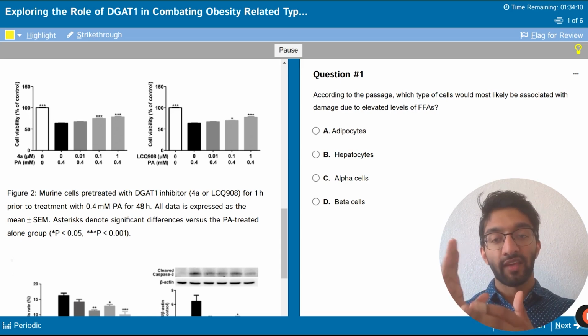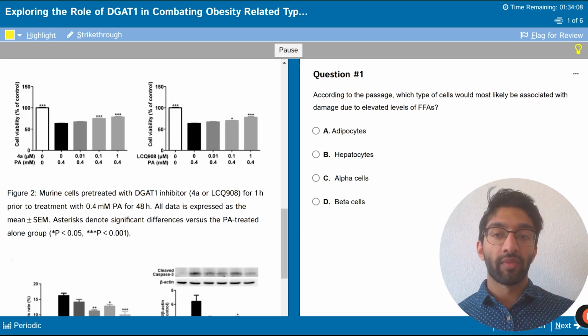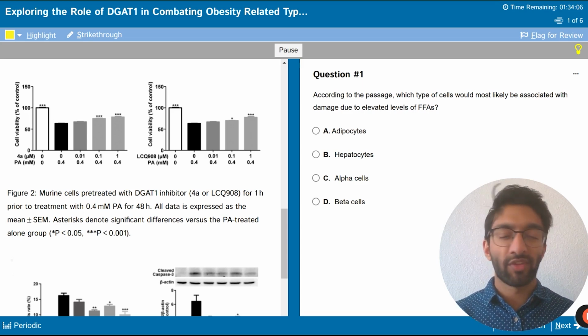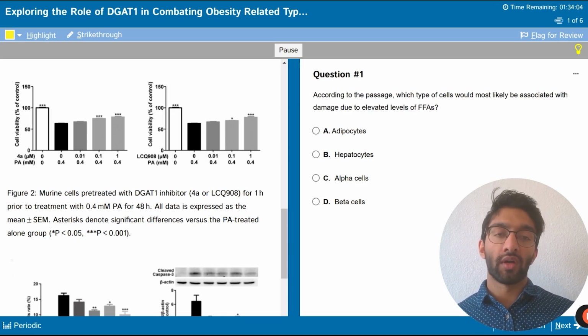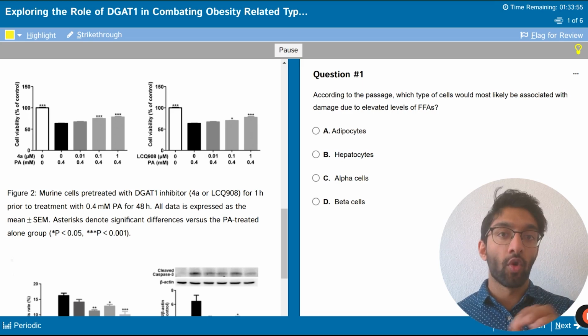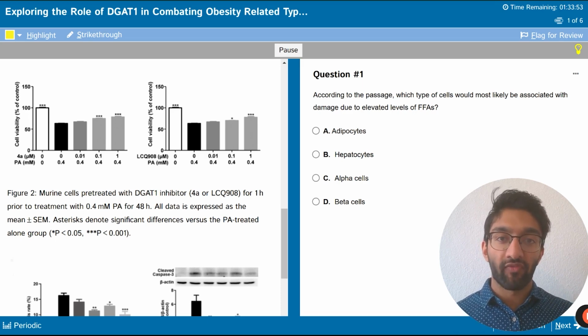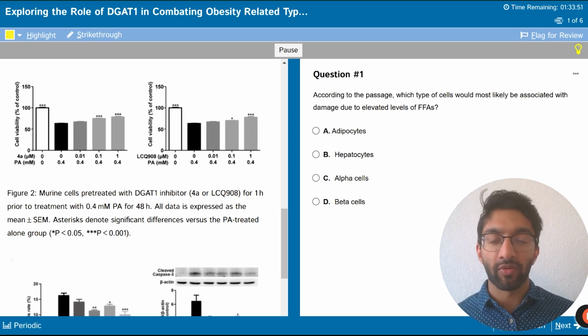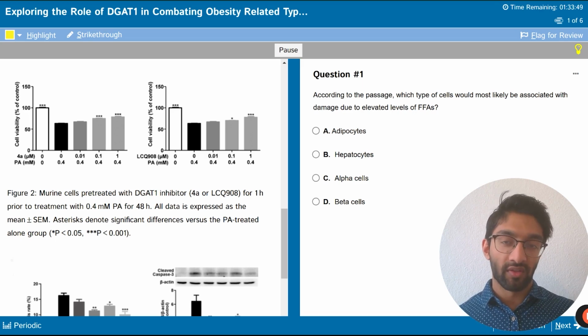Familiarize yourself with the X and Y axis, and from there just try to draw one conclusion that you can later use when the question asks you more specifically about figure 2 or figure 3 or something related to that topic. You can go back because you already have a summary of that figure, right? And then you can dig in a bit deeper to find more nuance in the figures if you need to.